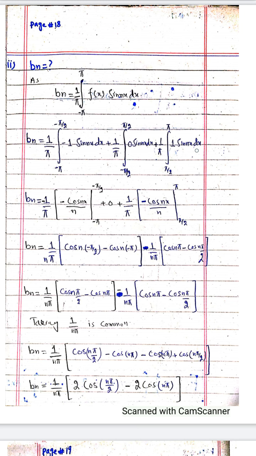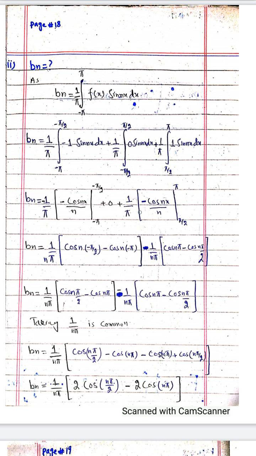Integration of sin nx dx is minus cos nx divided by n, limit pi by 2 to pi. bn is equal to 1 over n pi, and we will apply the limit. So minus multiplied by minus gives us positive. Cos n, we will put the limits: x equals minus pi by 2, cos n into minus pi by 2, minus cos n, we will put x equals minus pi, so cos n minus pi,